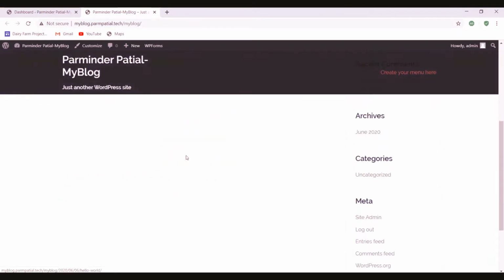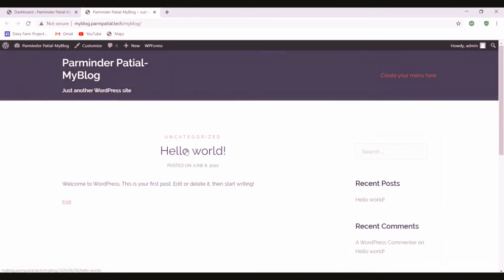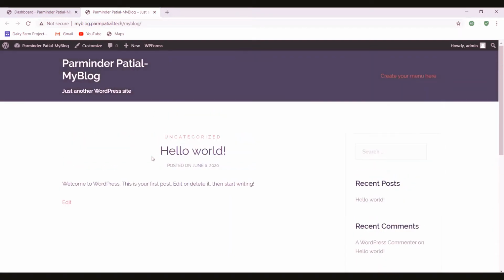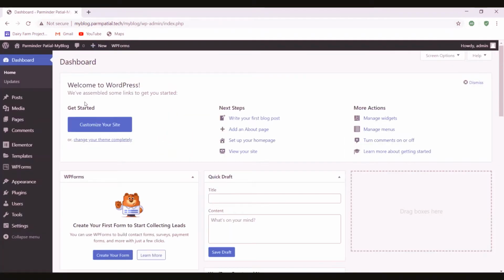Okay, so there is nothing to view, as we have to build the website. If we close this, our next job is to create the pages for the website. In order to create a page, we have two options. First, go to this plus sign and New, and from there select the Page option.